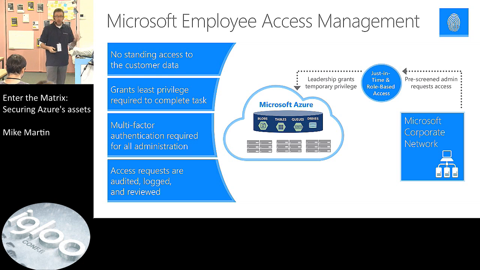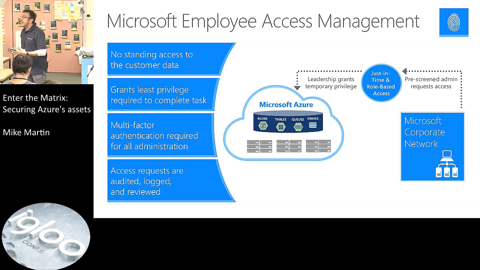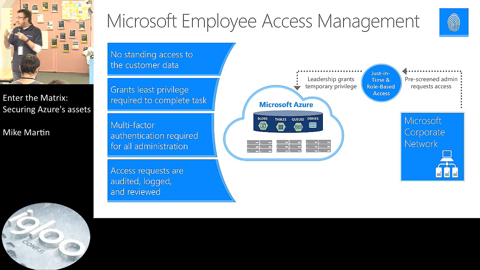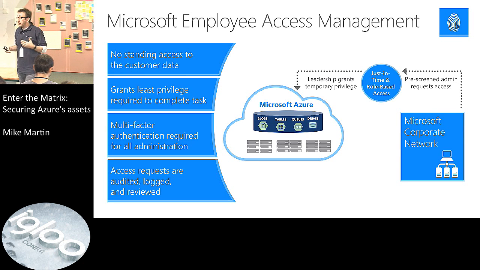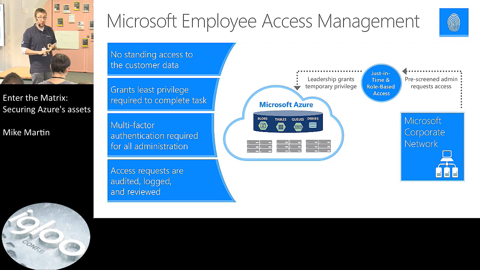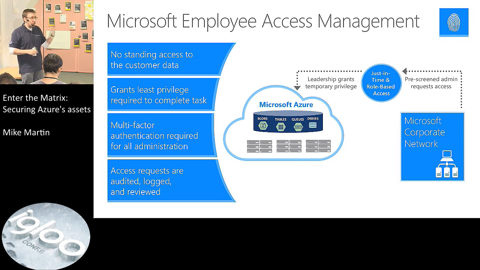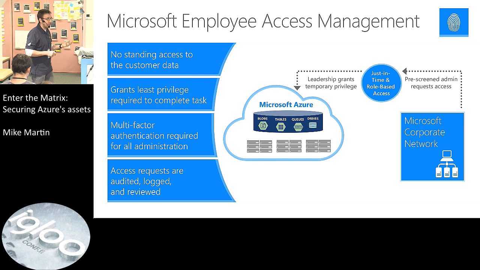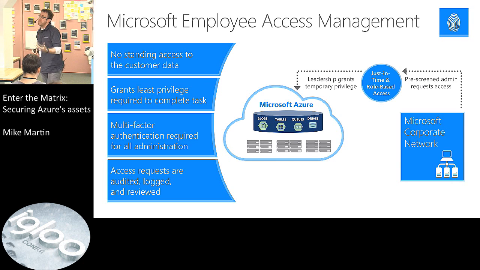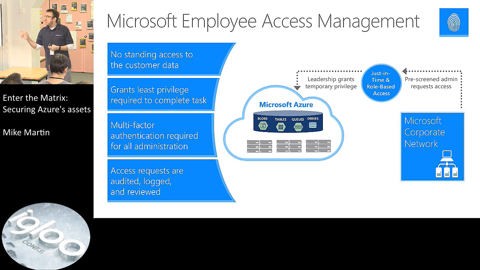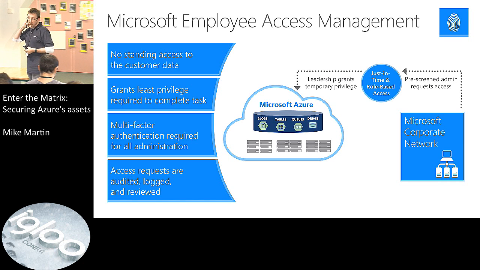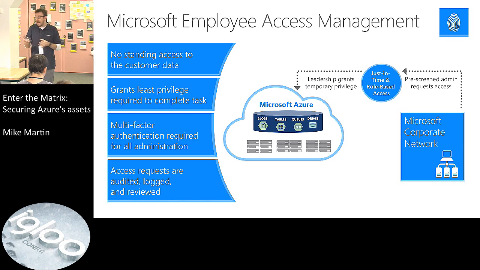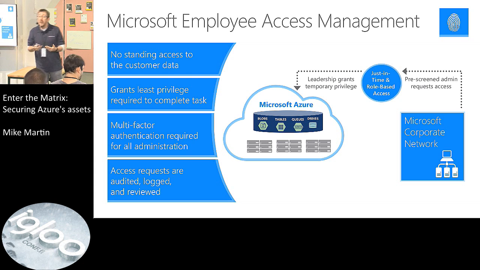Yeah. But if you get called by Microsoft when you have an incident, a ticket that you have opened, and they need to access their resources, the PCs that they're using are being segregated from everything else on the network. They need approval by at least 2 managers. And then they get just enough admin rights and just-in-time admin rights on that machine. So most of the time they call you after 2 hours or after 3 hours, and then they say, yeah, now we have to stop. Well, the reason why they have to stop is because they only have access for 2 hours or 3 hours, depending on the case that they're working on.